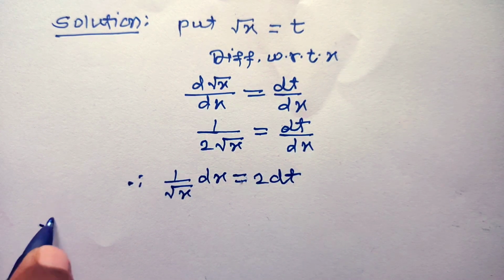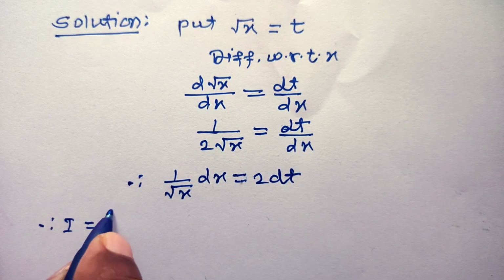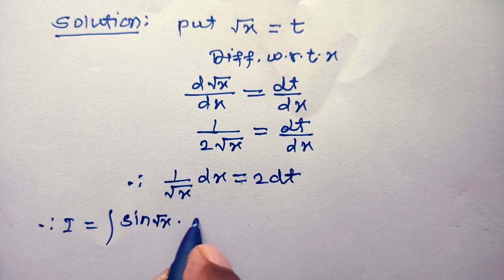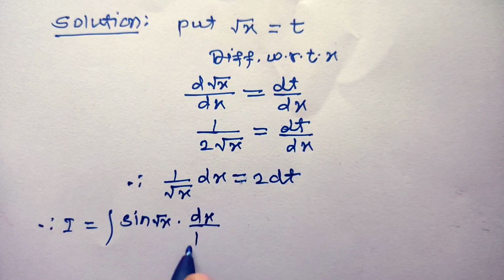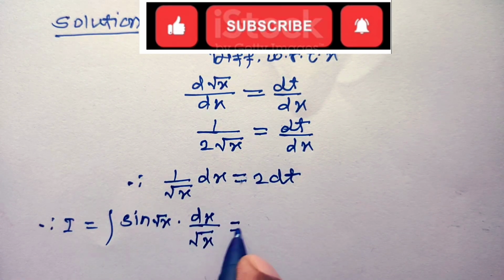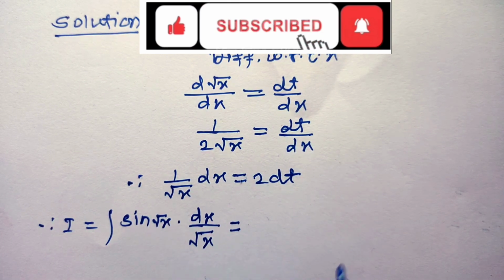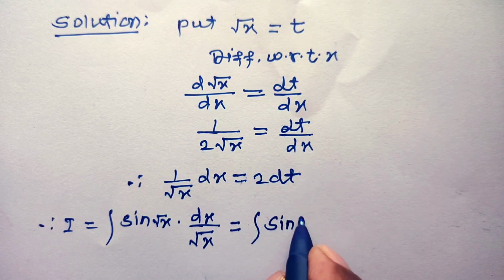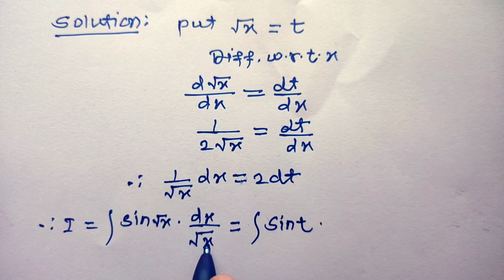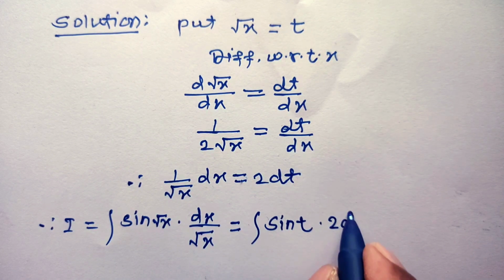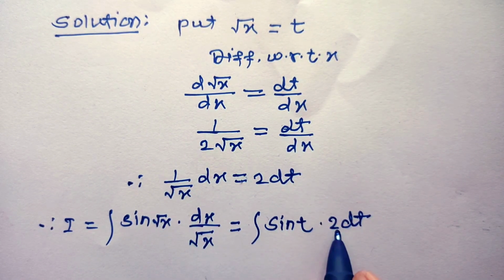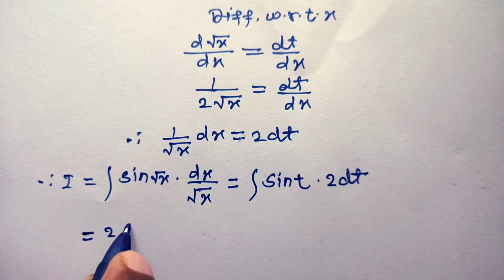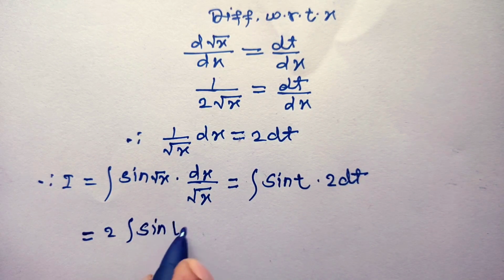Hence integral I is equal to integral of sine of square root of x into dx divided by square root of x. This can be written as square root of x we have to replace by t. Integral of sine t, and dx upon root x is 2 dt. So taking 2 outside this integral sign, I is equal to 2 into integral of sine t with